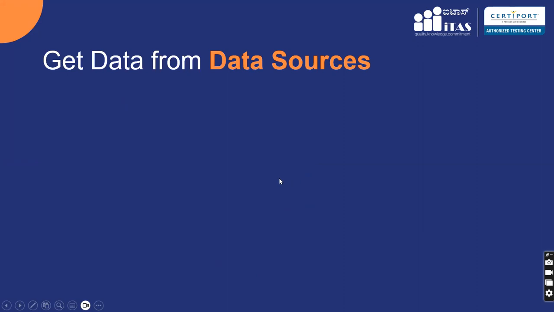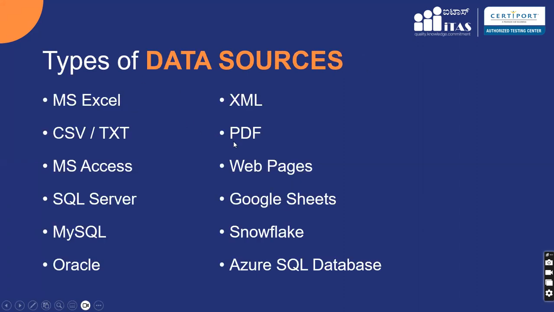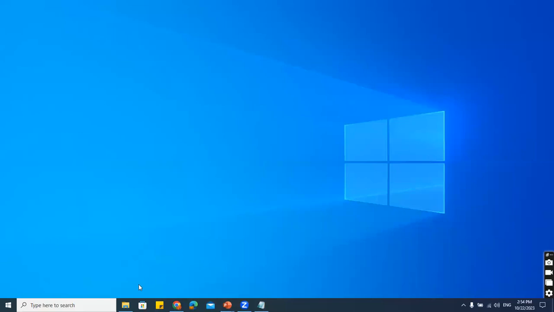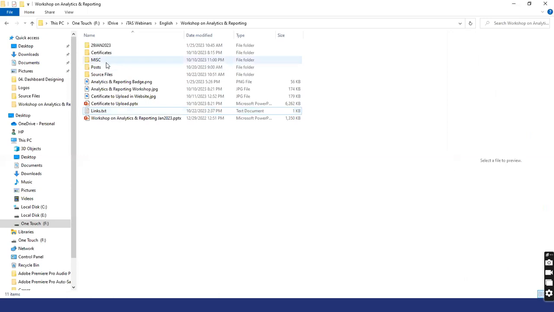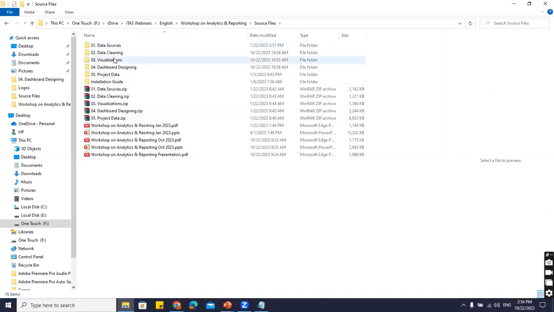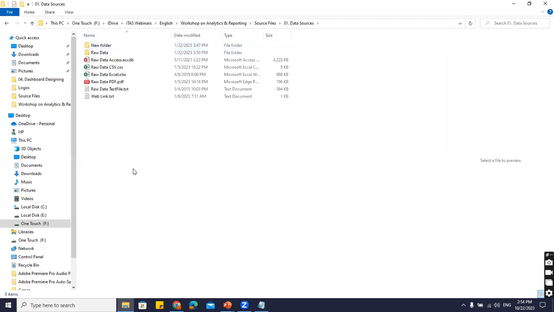Before going to this slide, I'll minimize this and open the folder. Here I have, let's say, source files. See, I have the files here. I want all of you to have these files. First, we'll go to this data source. Here I have a few commonly used data sources. I want all of you to work on this. I'll explain what you have to do, and you take some time and work. I cannot give much time because we have a lot of things to work on, but at least you try to